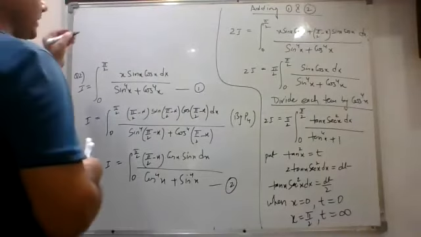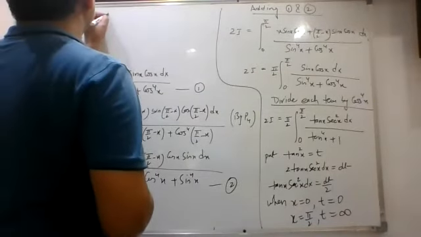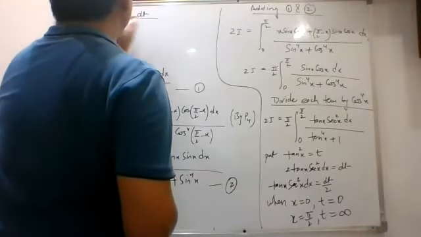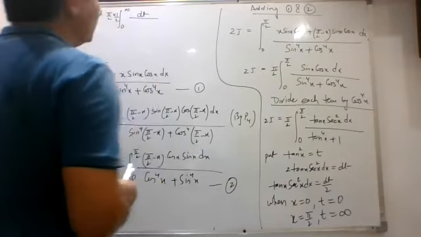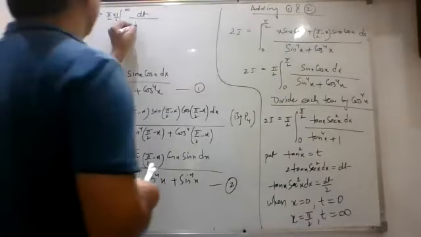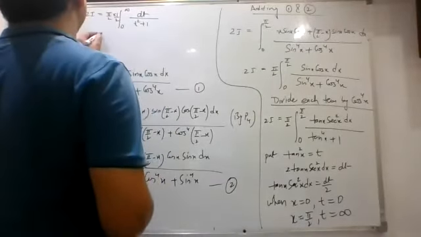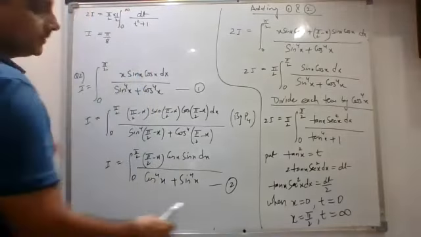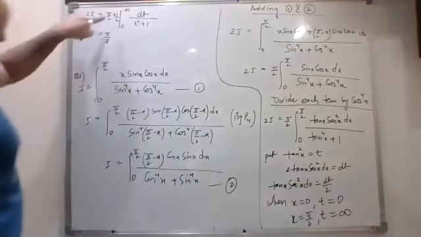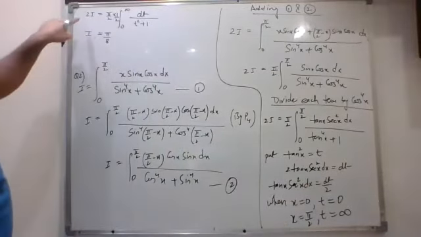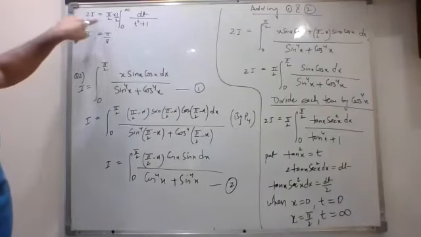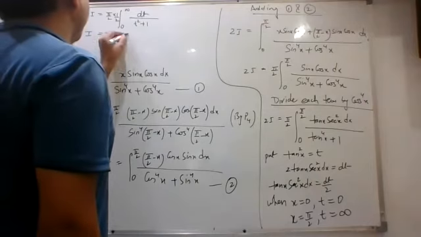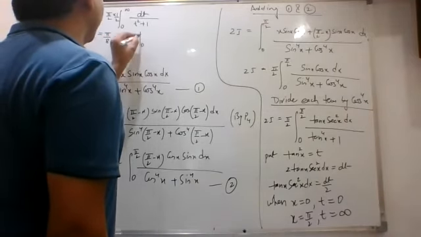We can write this in terms of t as 2I equals pi by 2, integral 0 to infinity, dt upon t square plus 1. So that will become pi by 8. This 1 by 2 is because of this dt by 2, so that is why I am writing this 1 by 2 outside. Now this is pi by 4. I had taken this 2 over here, so that is why it will become pi by 8. Pi by 8 tan inverse t, limits running from 0 to infinity.